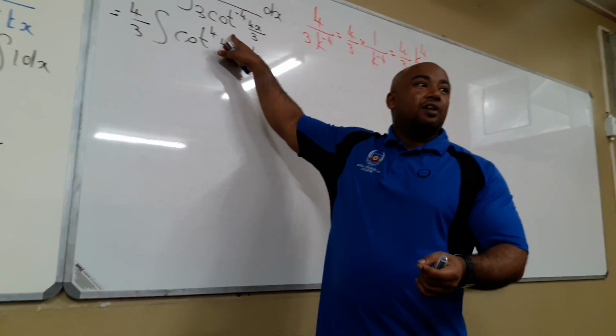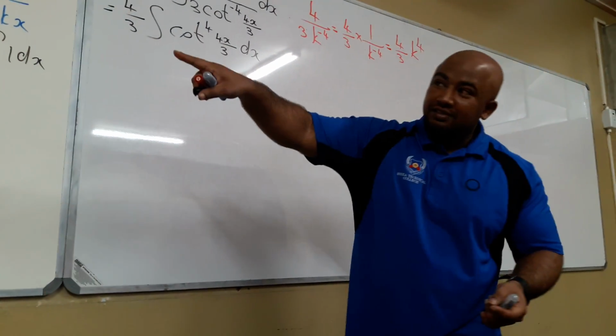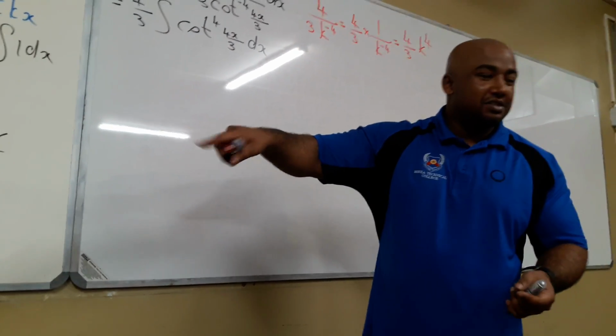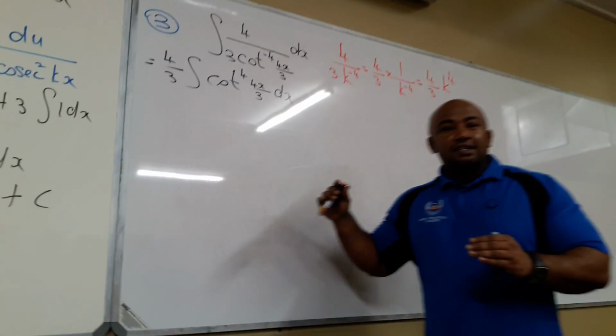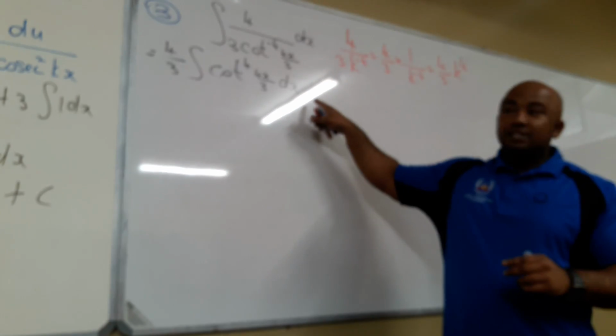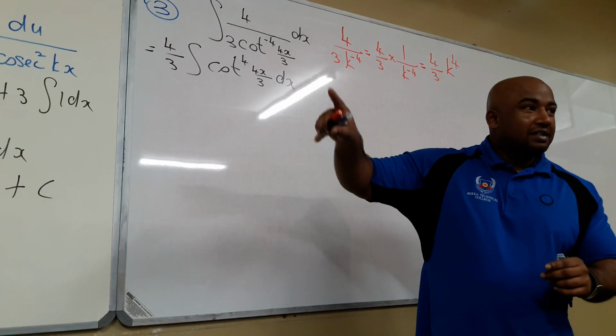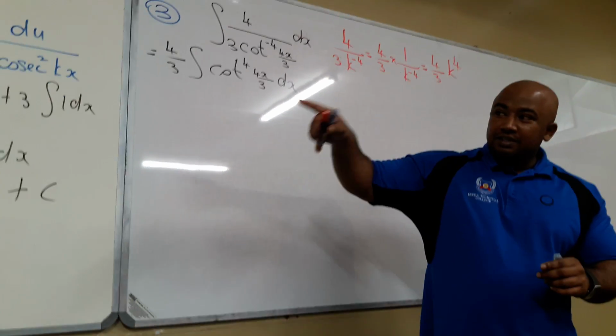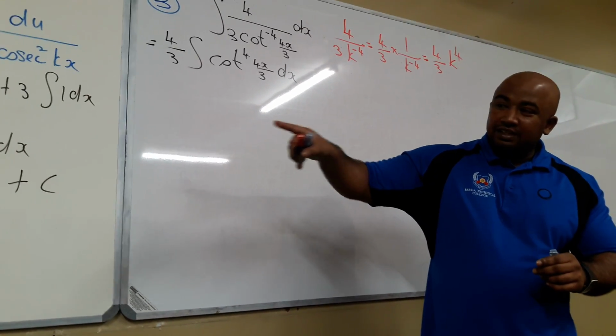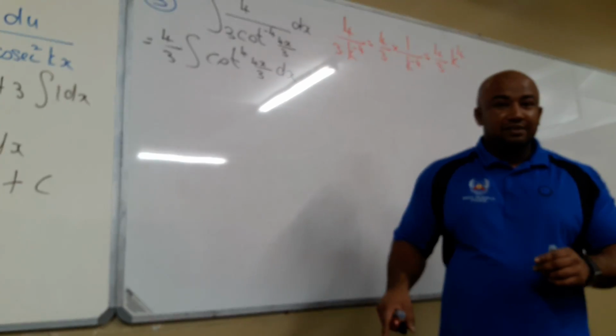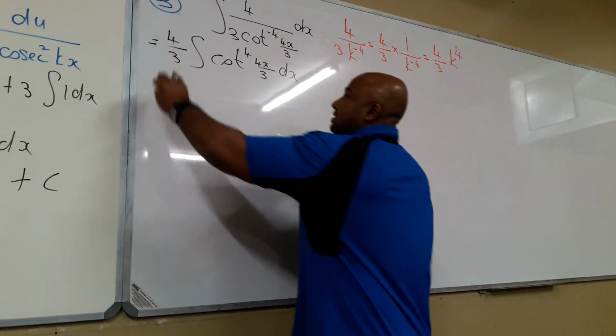Okay, so now we got cot to the power 4. We're following those steps there. So what are the steps? The steps are exponent law, square identity, multiply out. Square identity, multiply out again. Okay. Alright,